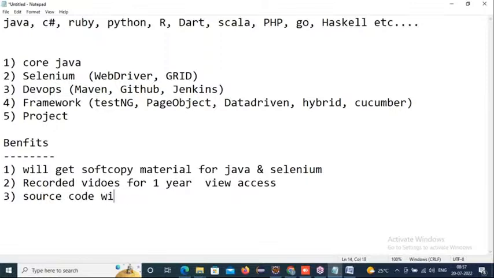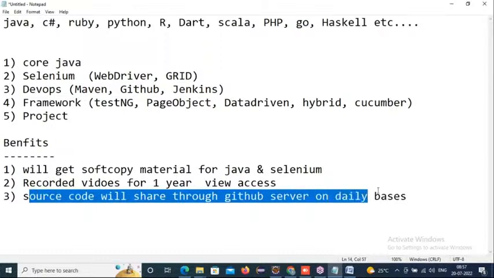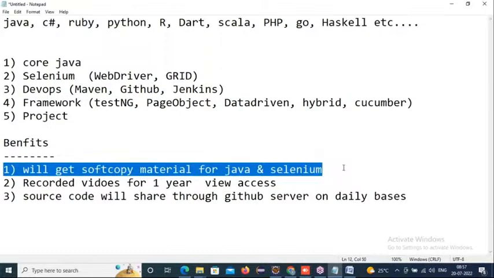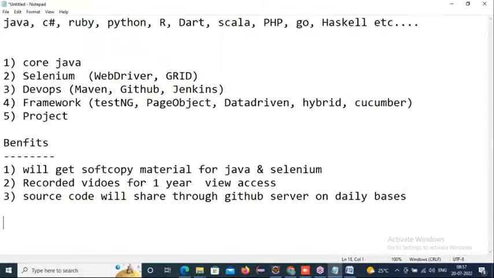Source code will be shared through the GitHub server on a daily basis. So daily, whatever programs I build in front of you, I will commit in the GitHub server and share with everyone. So that is one of the sources for you to practice. And recorded videos will be there for 1 year view access, and soft copy material for Java and Selenium will be shared. And the course duration will be